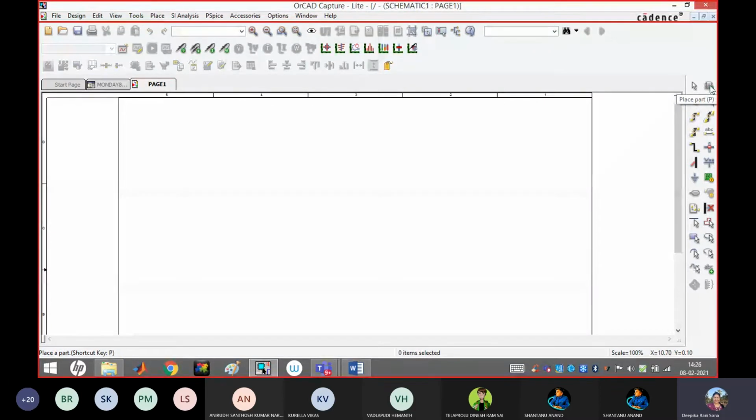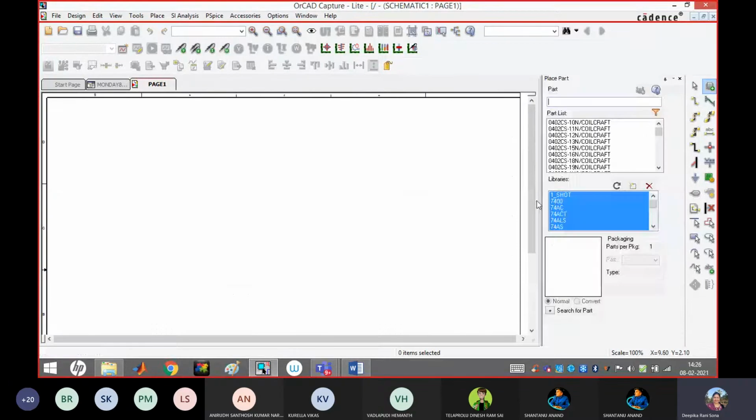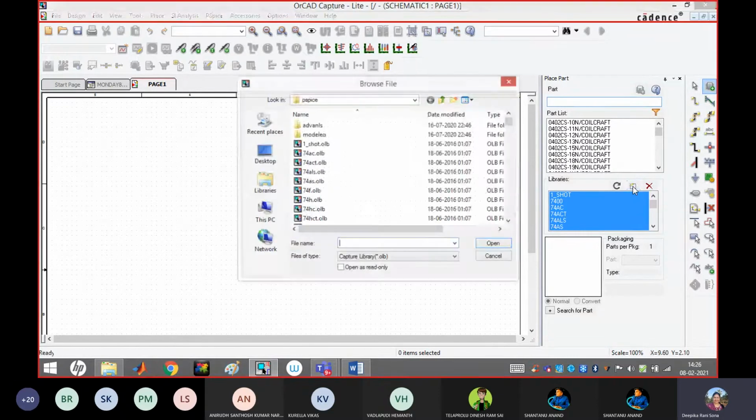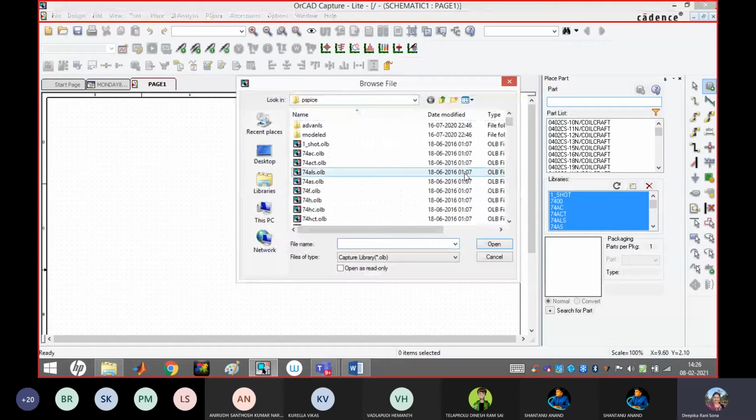Just click that. The add library option will come here, one small folder. If you click that, on your left hand side, the browse file option will come. Just click any one, select all and open. Automatically all will be added to the library. This is one option to add the components to the library.